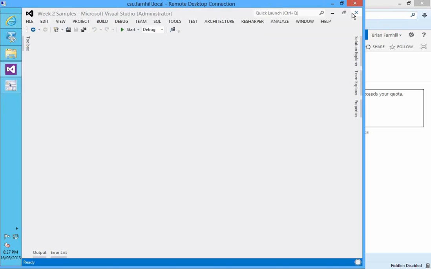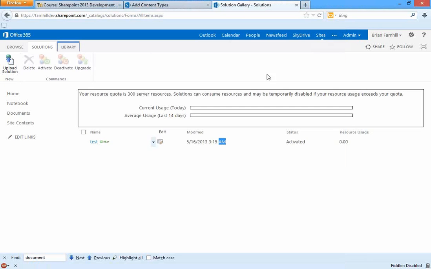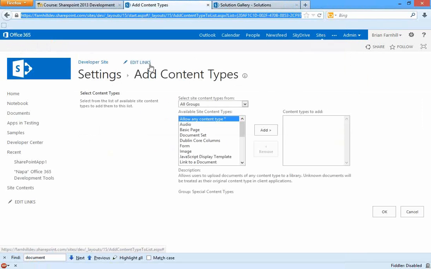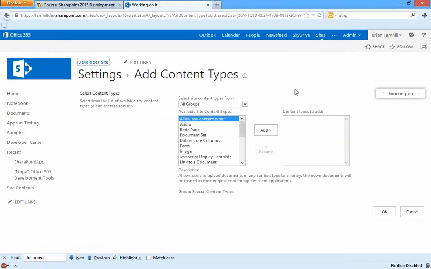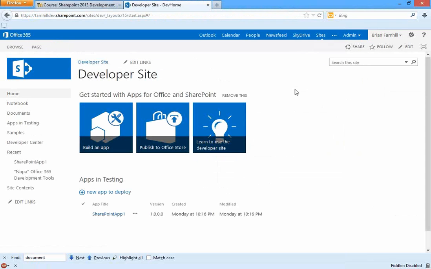So, a very useful tool for being able to reverse engineer things out of SharePoint. All right, so other things I wanted to show for the Office 365 people, flicking back here, is my developer site. I mentioned earlier the Napa tools for what we can do with SharePoint development through the browser. If you create a site based off the developer site template, and it's very important that you make sure it's the developer site template because it will not work in any other site, we can come in here and say